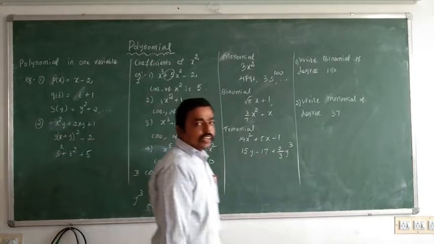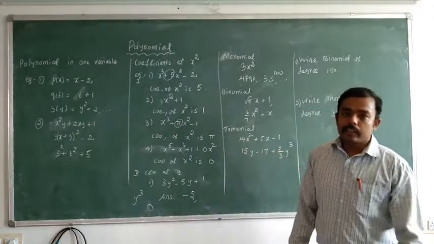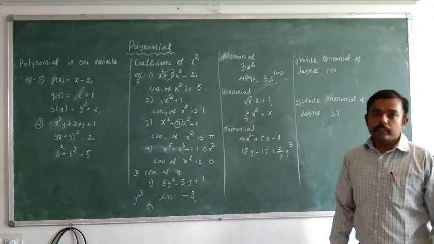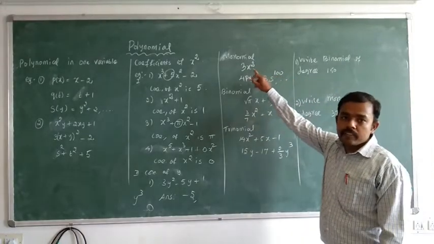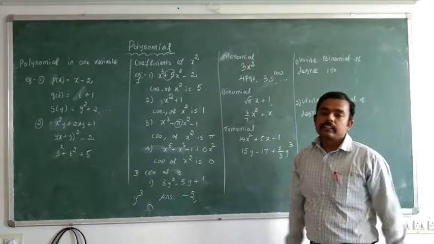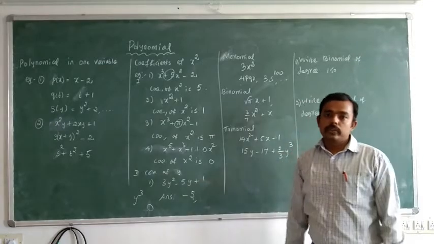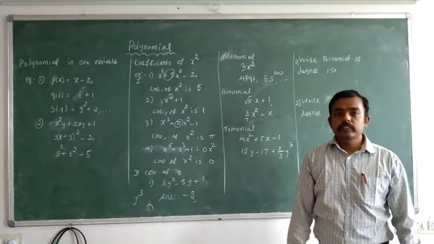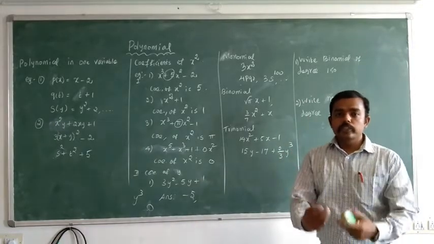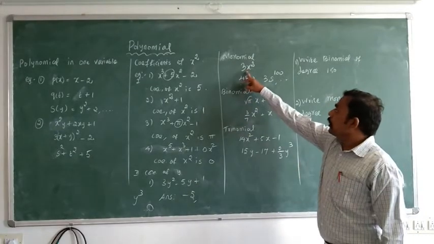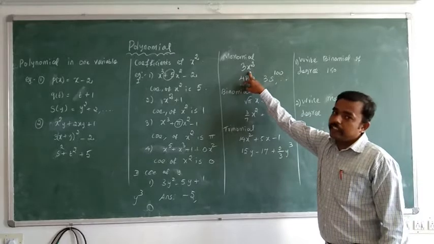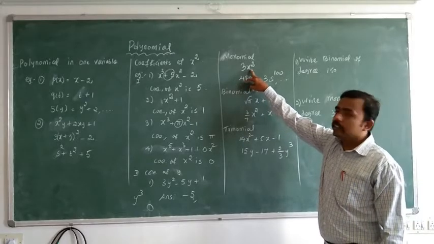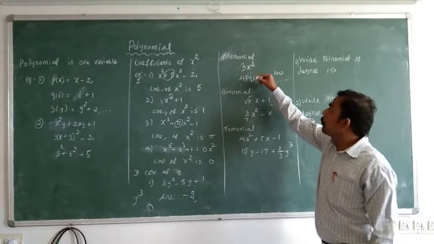Okay. Now we are going to give the names of the polynomials. Already we have monomial: just one term, or two terms, or three terms, or more than three terms means we can give the name by using the sign. Here 3x squared, only one variable. Anyway, we can tell 3x squared is a monomial. There is no plus or minus sign.